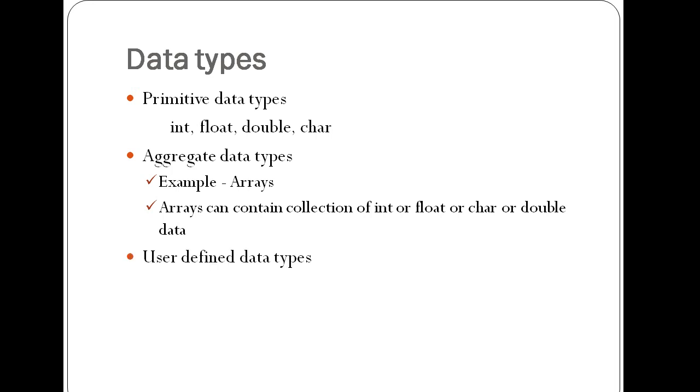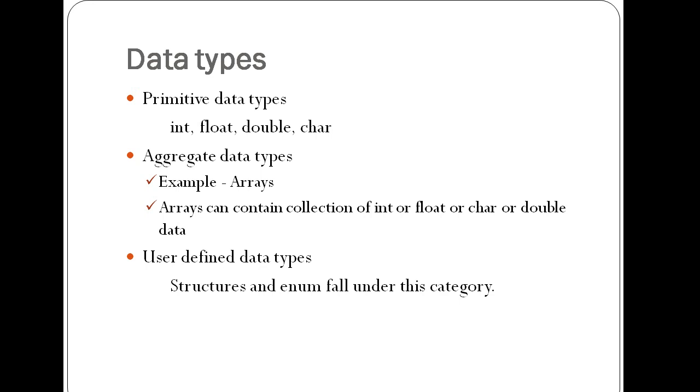And another one we have is user defined data types. There are two main categories of user defined data types. One is structures and another one is enum. About structures and enum also, we are going to learn in detail in the later stages. As of now, we'll just see what the definition for structure is, how to define a structure, and how to declare an enum. So I hope you understood about these data types.